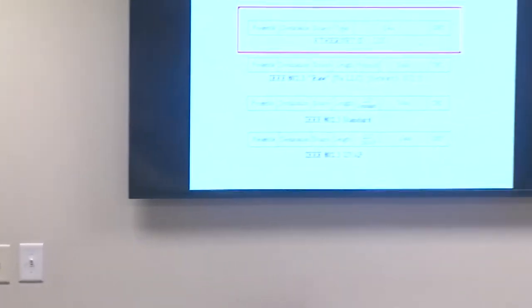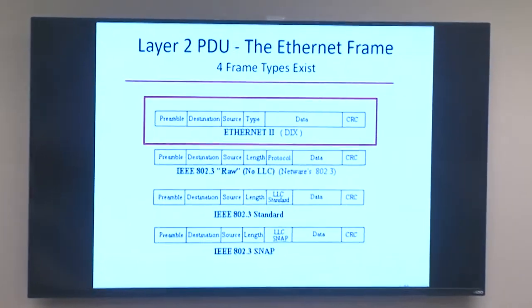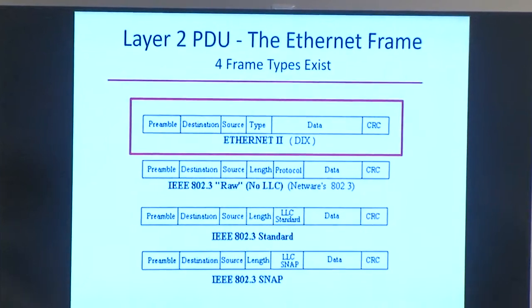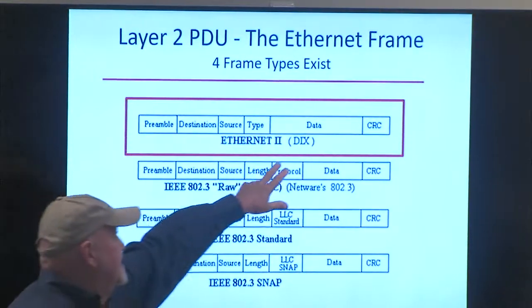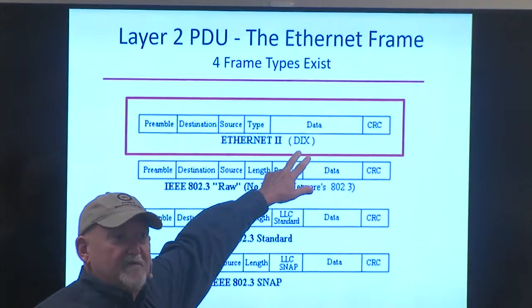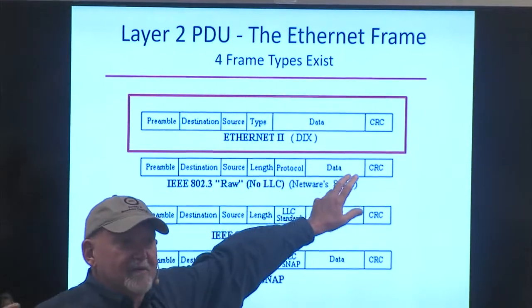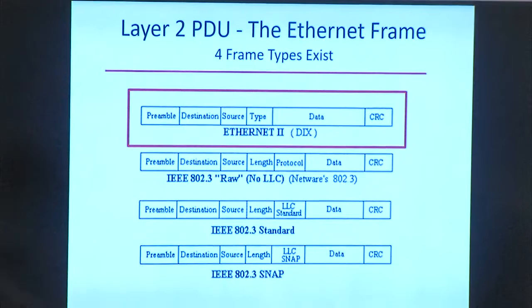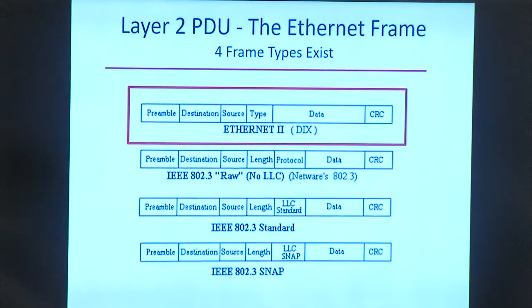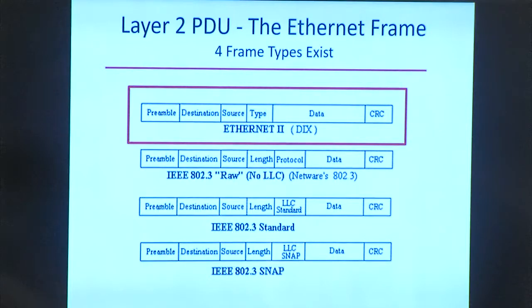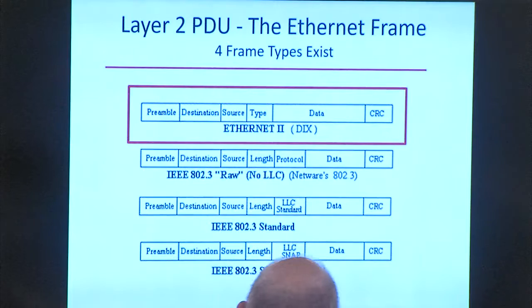Ethernet 2, however, is the common standard today used in the Ethernet environment. You also might find that referred to as the DIX frame format. Where in the world does that come from? Well, that's an acronym that stands for Digital Equipment, Intel, and Xerox, which of course were the original developers of that